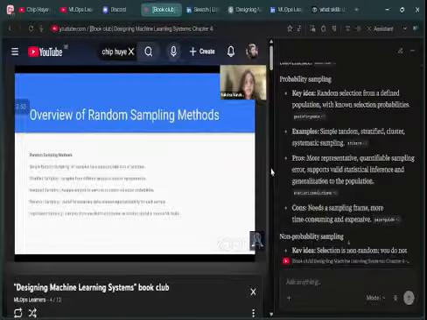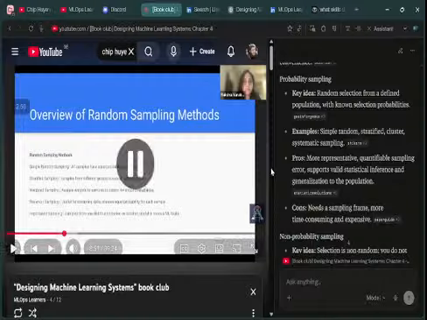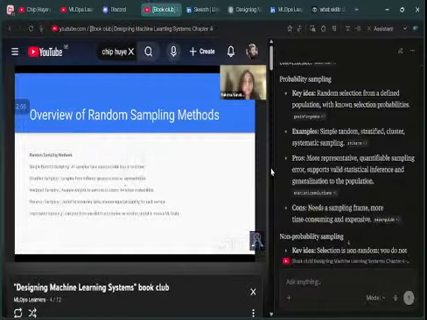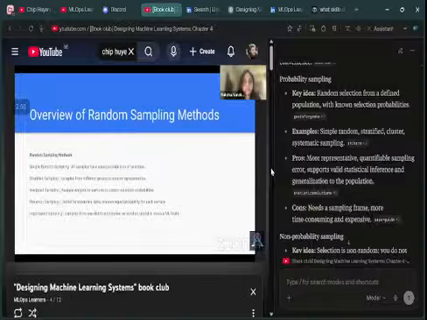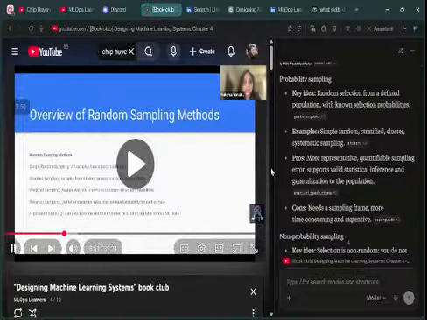Simple random is based on, well, the name itself suggests we are going to give equal probability across the entire distribution, like taking 10% of each class and sampling from it. That is one way of doing simple random sampling. So you can randomly select 10% of the population, giving all the members of the population an equal 10% chance